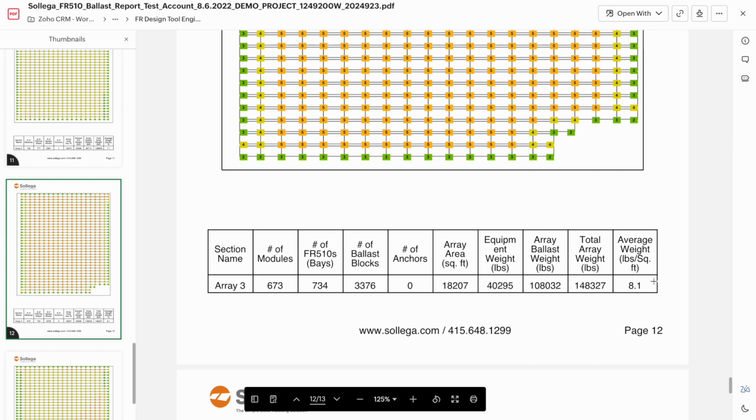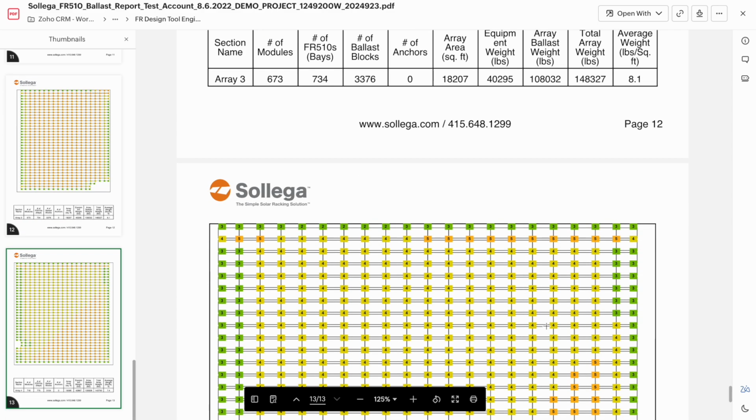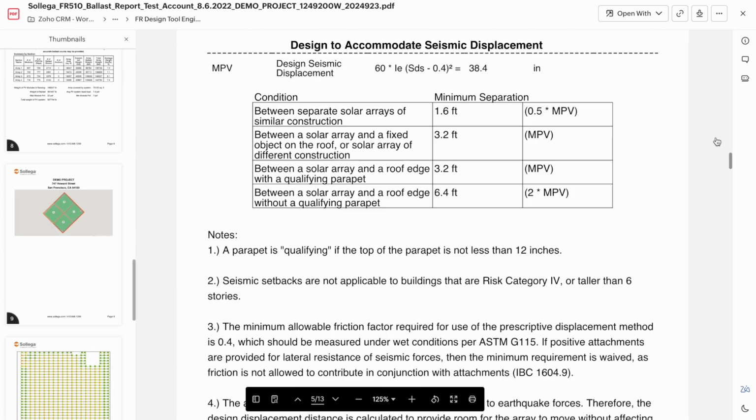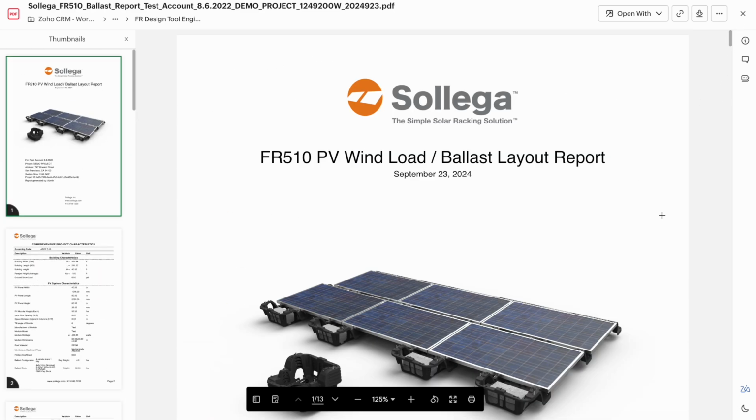Here we go. We've got our averages for everything. And that is the end of our report. So this will be sent to you free of charge before you start your project. Makes it super easy to go and check, make sure everything works out for you. If there's any issues, you can go right back into the design tool, or we can for you, and make sure that we get that fixed and get you a new report